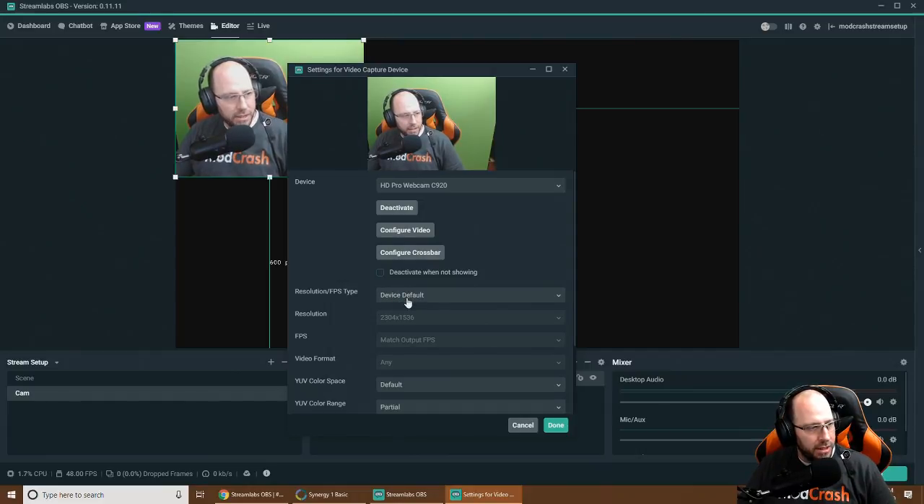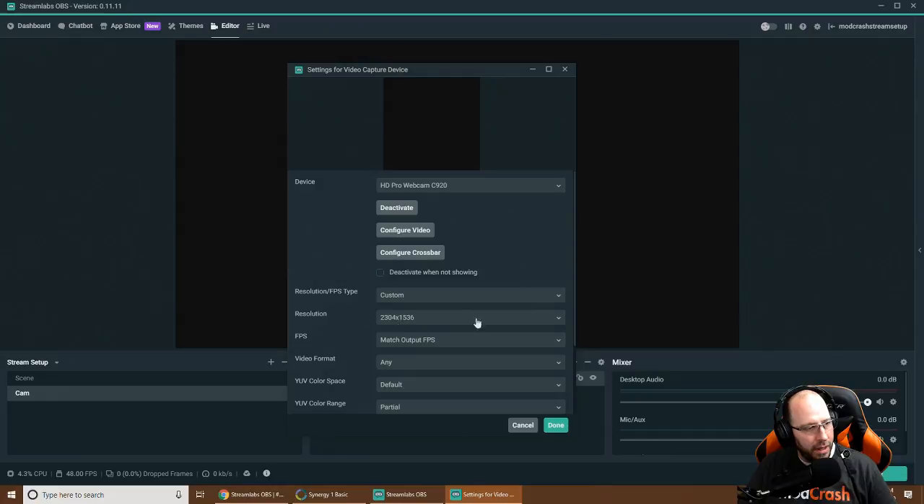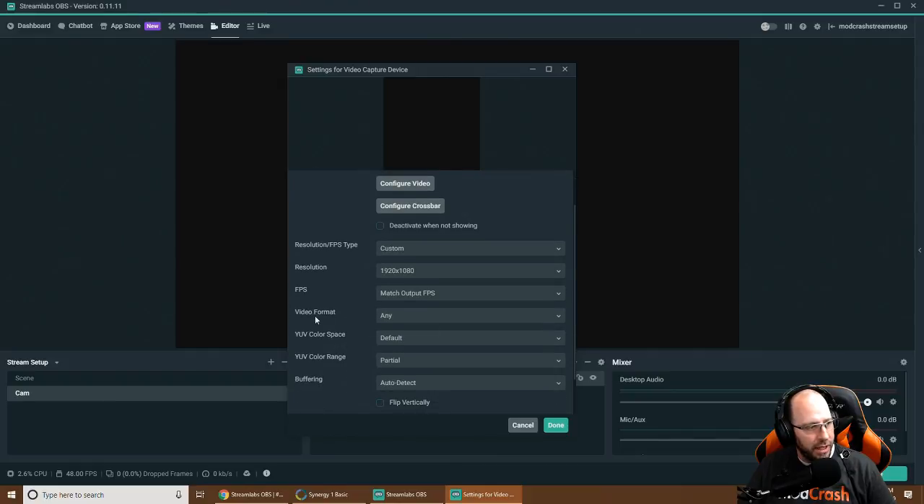Resolution, FPS type, we're going to go to custom, and then here we're going to do 1920 by 1080, and that's our HD. Now, for some, I'm not using the standard Logitech drivers that come in. I'm using the Windows drivers for it because I use multiple cameras on setups. So what I'm going to do is I have to change the video format to an MJPEG, and it should